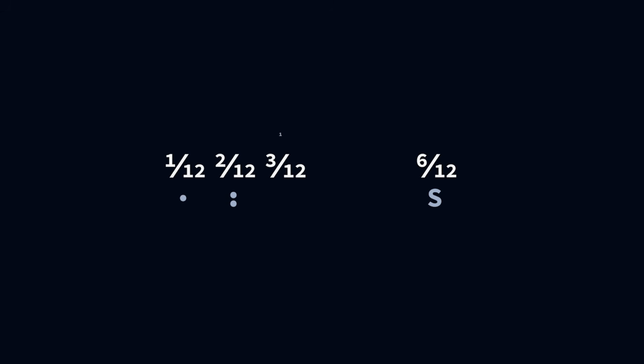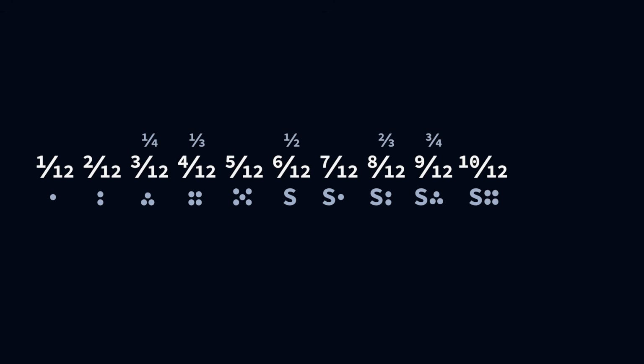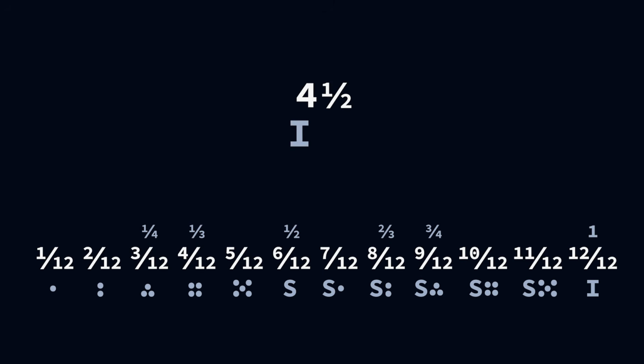While S is the base fraction, fractions below 1/2, or 6/12, were still used. Any common fractions below 1/2 were dots. So 1/12 was 1 dot, 2/12 was 2 dots, 3/12 was 3 dots, 4/12 was 4 dots, and 5/12 was 5 dots. Then beyond was of course 6/12 as S, 7/12 as S dot, 8/12 as S 2 dots, 9/12 as S 3 dots, 10/12 as S 4 dots, 11/12 as S 5 dots, and 12/12 as I, because of course 12/12 is just 1. These fractions can also be combined with other numbers, so for example 4 and 1/2 would be written as IVS.